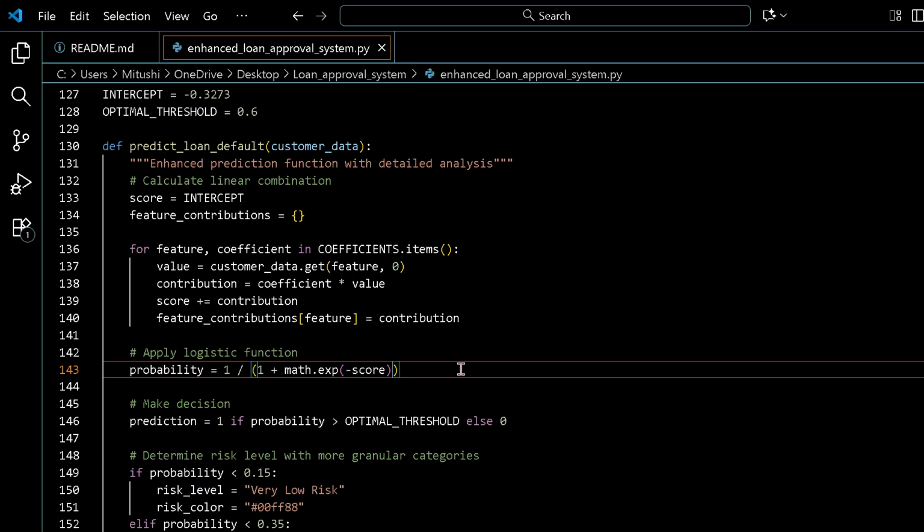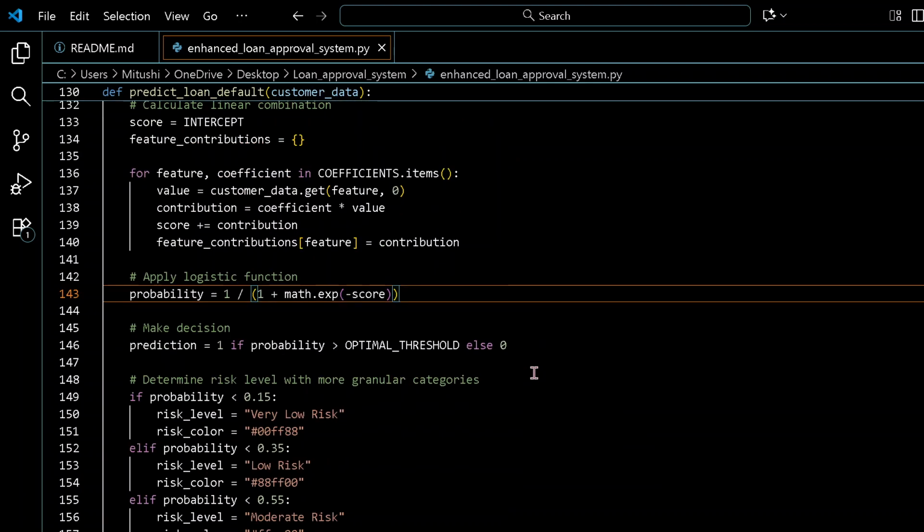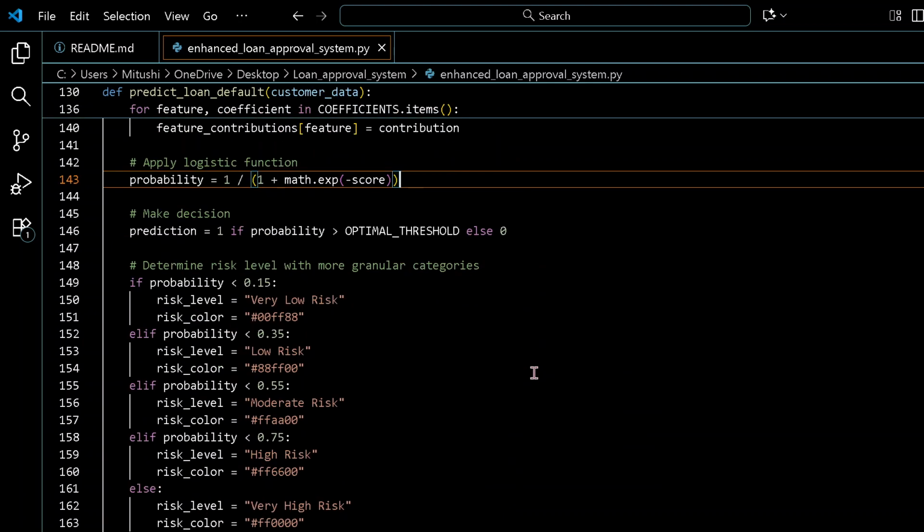This basically maps any real number into a 0 to 1 probability of default. Now for step 3, threshold to decision. If probability is greater than 0.6, the model predicts default, that is, the app labels that as rejected, or otherwise